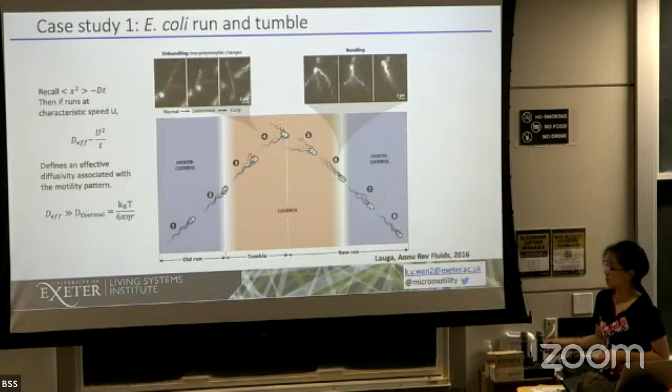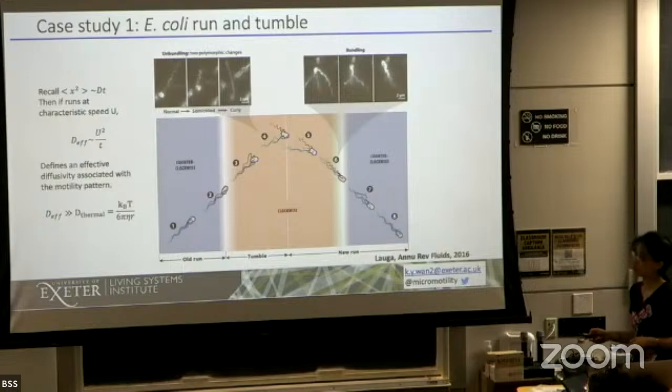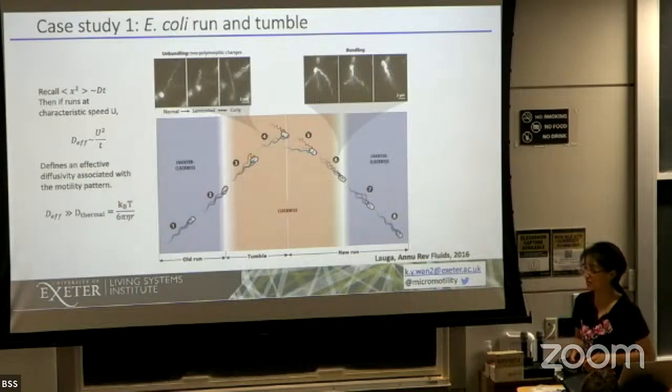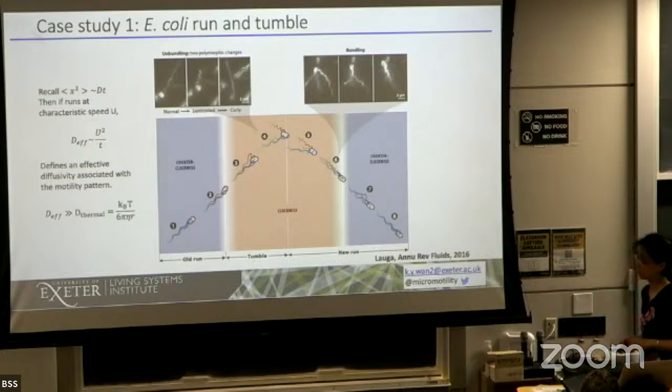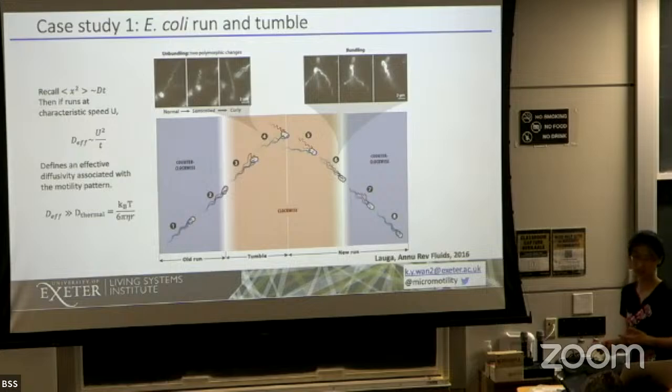The advantage of this, going back to the very first slide in the first lecture, is that we know this results in a diffusion process. This is associated with an effective diffusivity, given by the square of the characteristic run speed over the characteristic time. Generally, this is much bigger than you would get from thermal diffusion. So obviously, it's good for these bacteria to swim, if the objective is to somehow navigate a greater